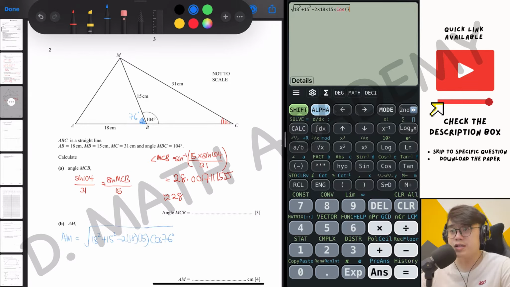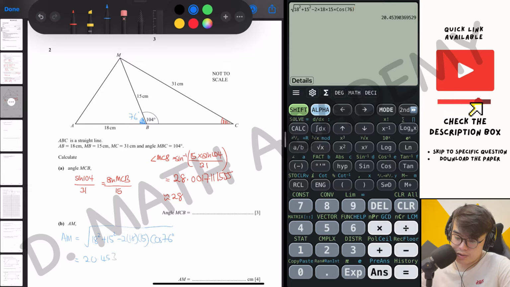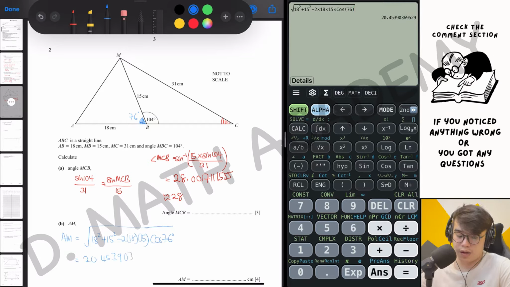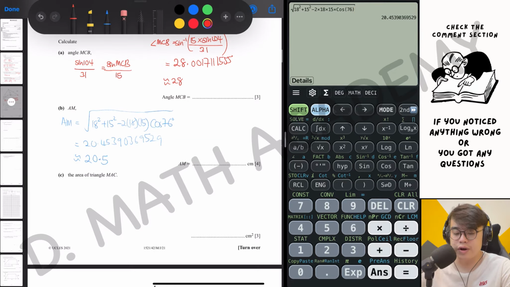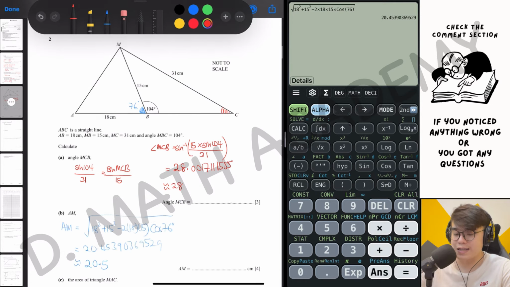So you get your final answer as 20.45390369529, which is approximately 20.5 after rounding it to 3 significant figures. Moving on to part C, they were asking us for the triangle area of MAC, which is the entire thing